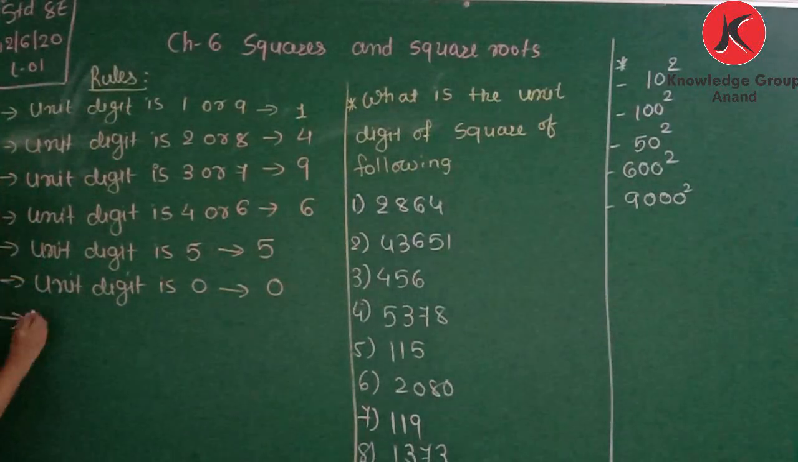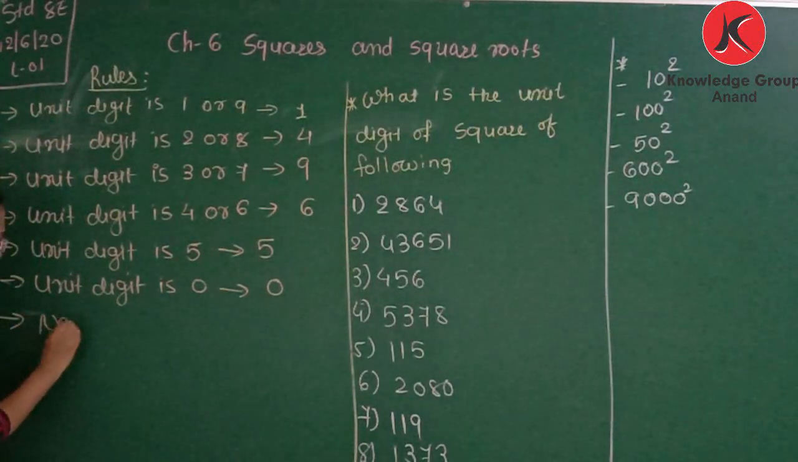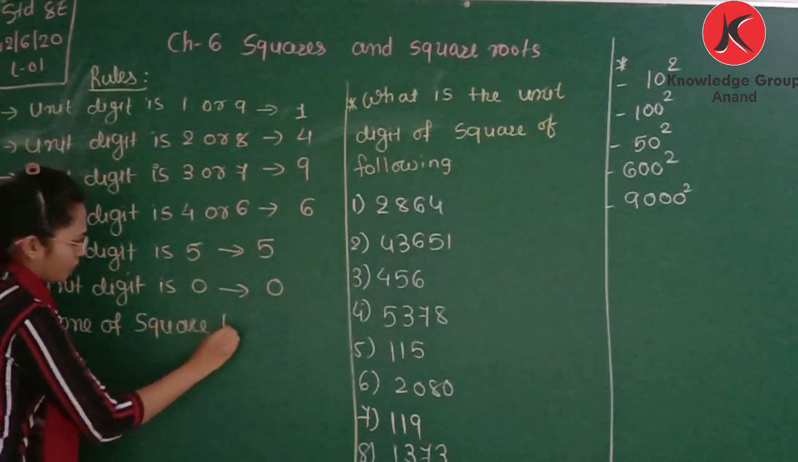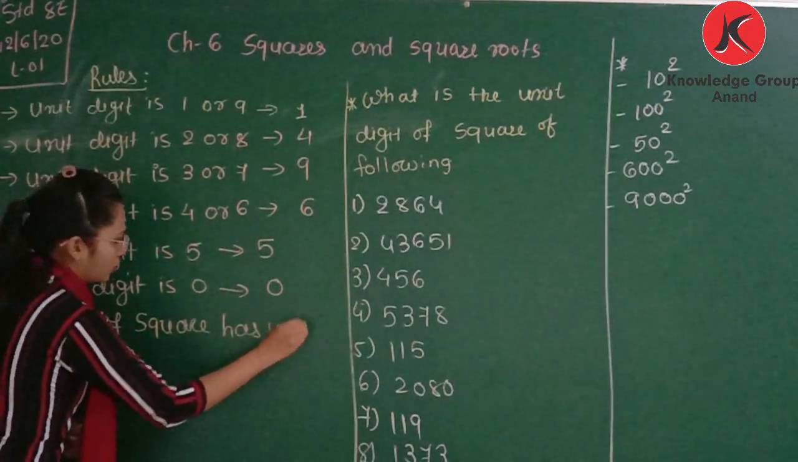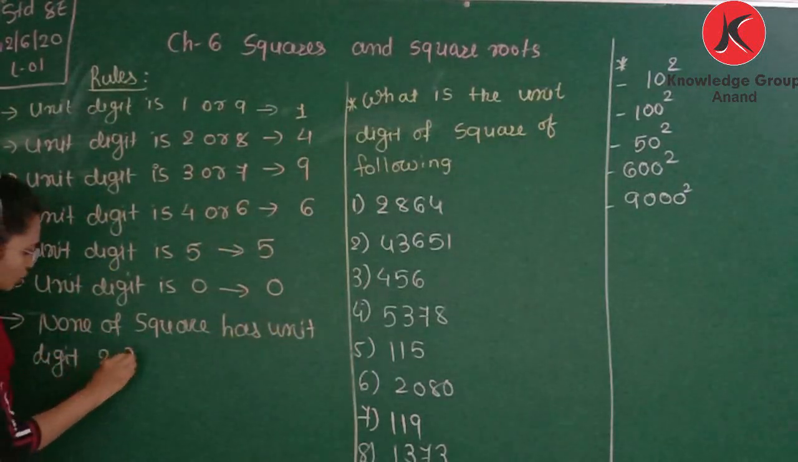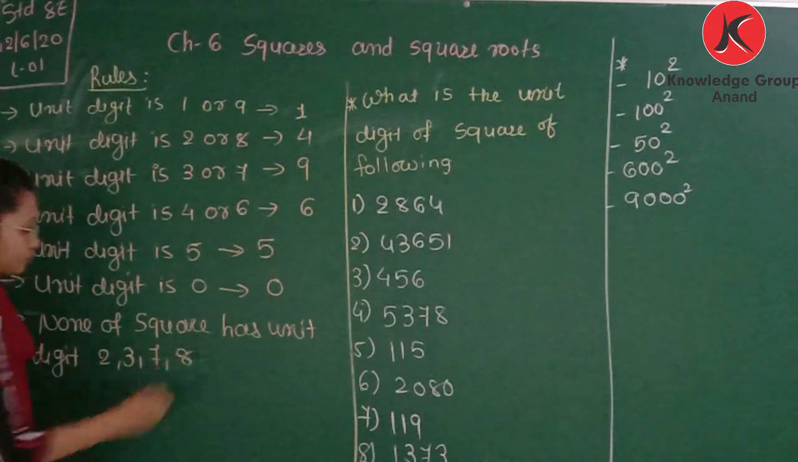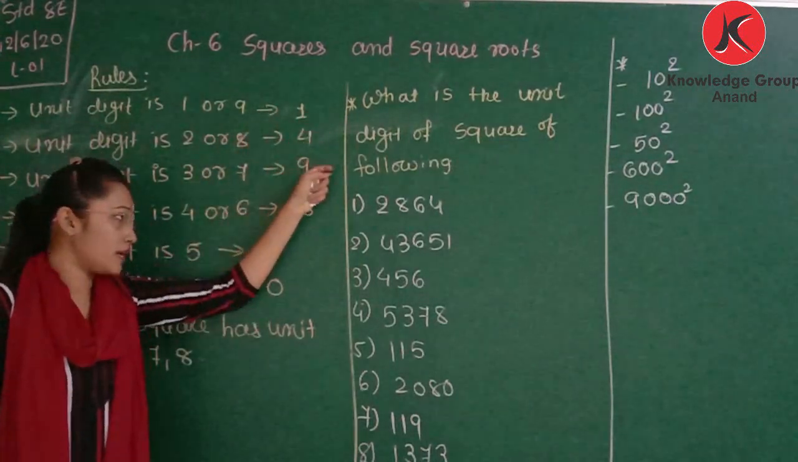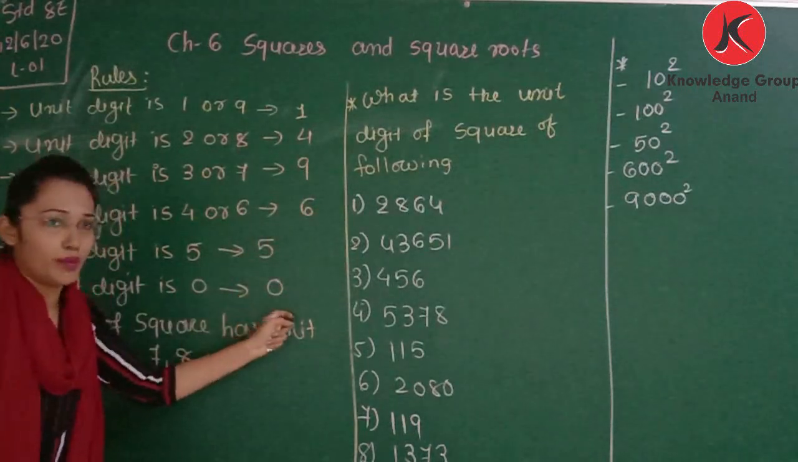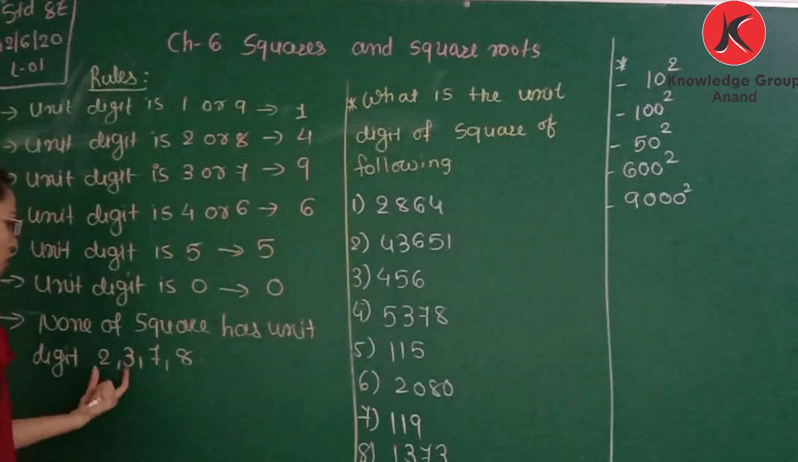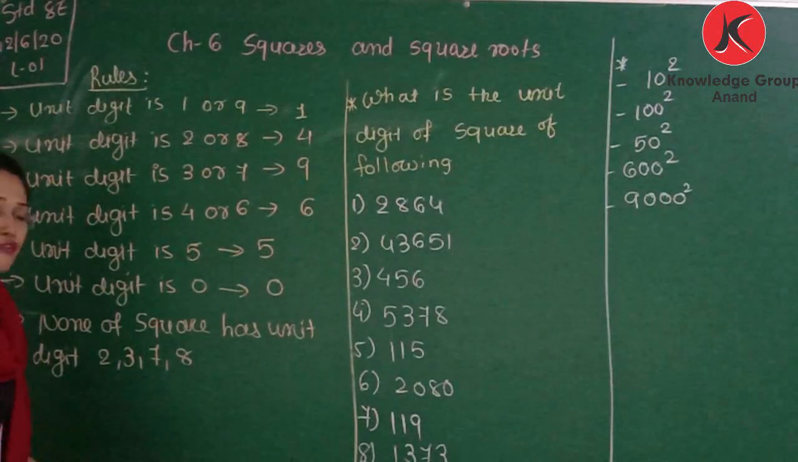One more. None of the squares has unit digit 2, 3, 7, 8. You can see here 1, 4, 9, 6, 5 and 0. Means the unit digit of any square number cannot be 2, 3, 7, 8. So for example,